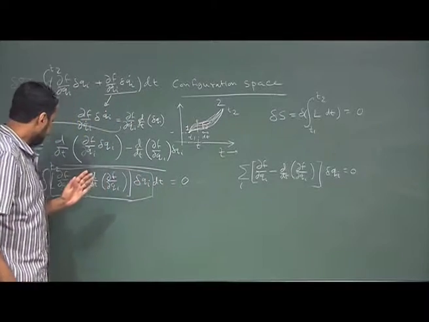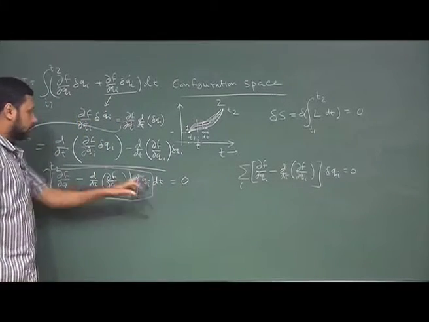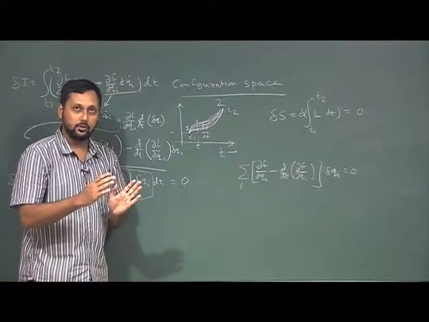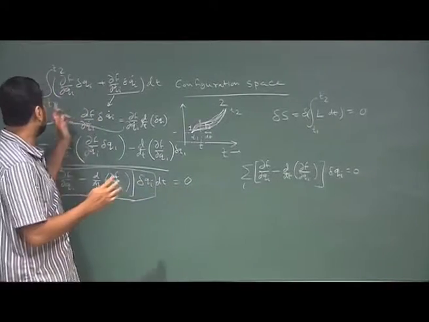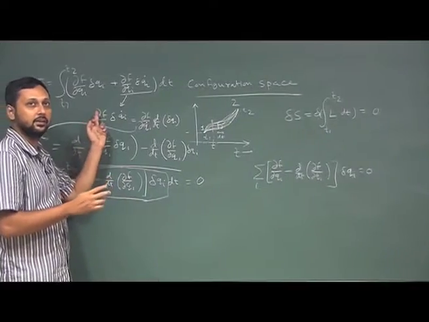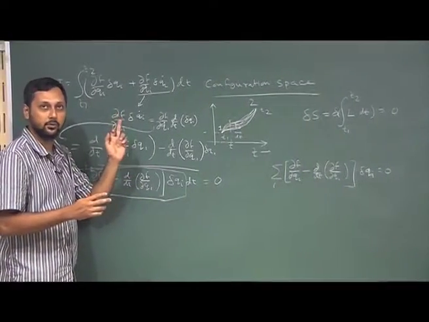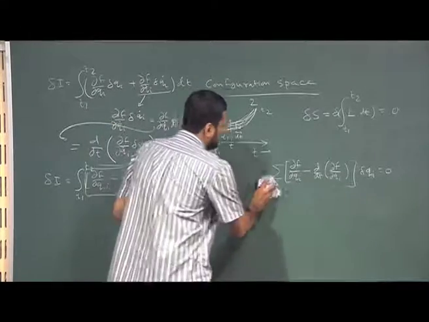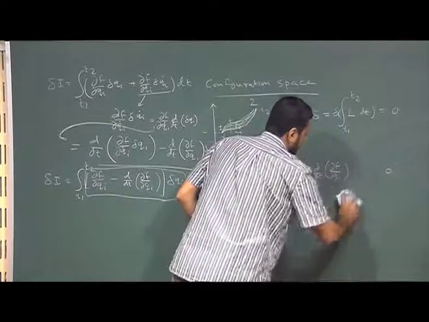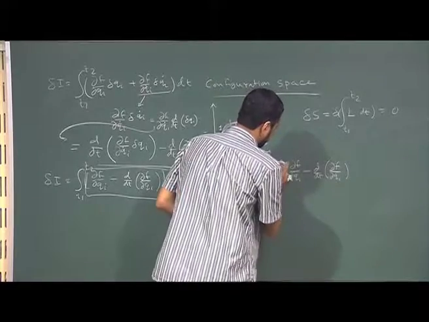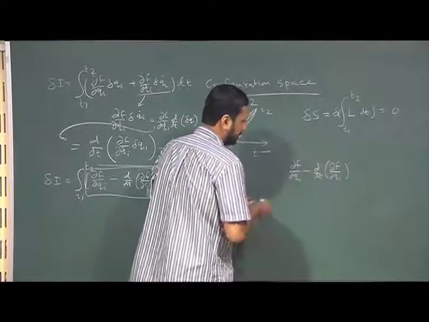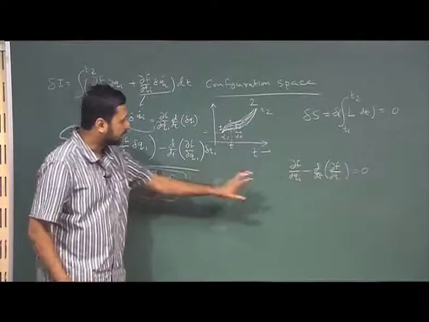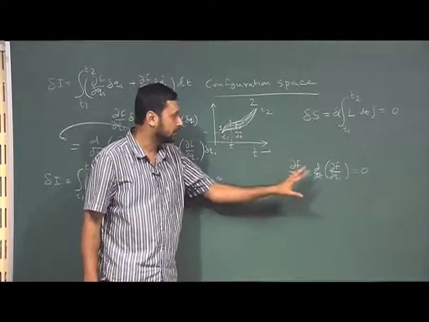If delta I has to be equal to 0, I mean the variation of this particular integral, if we say that the variation of this particular integral is equal to 0, we get the same set of familiar equations, which is this. Of course, there is a problem of negative sign, but that is not a problem because we have 0 anyway. So, we get back the same set of similar looking equations.